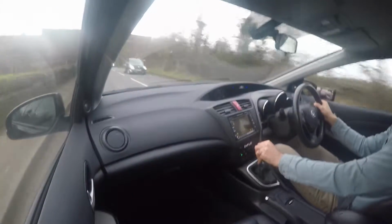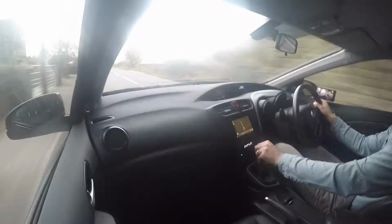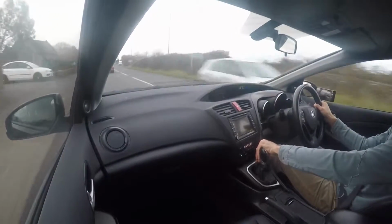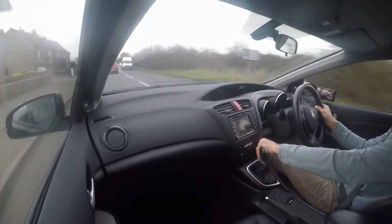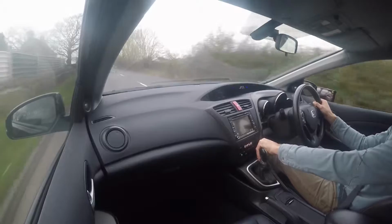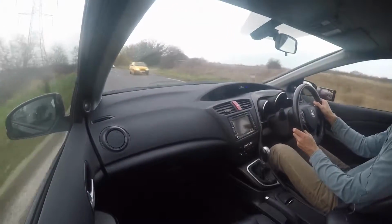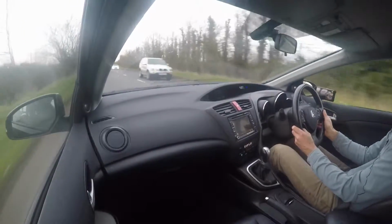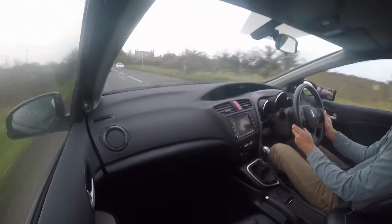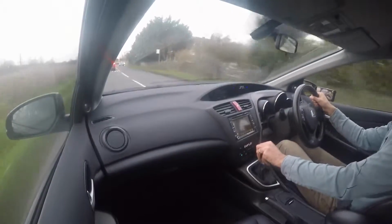Obviously now, like all manufacturers, they've been pressured into chasing as low an emission as possible, so they've reverted to a 1.6 on the later car, which is a very fine engine. I've driven it; it's a nice engine, slightly noisier than this one, unless my ears deceive me. With one or two passengers on board, it's absolutely fine. What you do tend to notice is on the road with maybe a couple of kids in the back and a bit of luggage, or certainly if you're towing with a car, then the 2.2 is